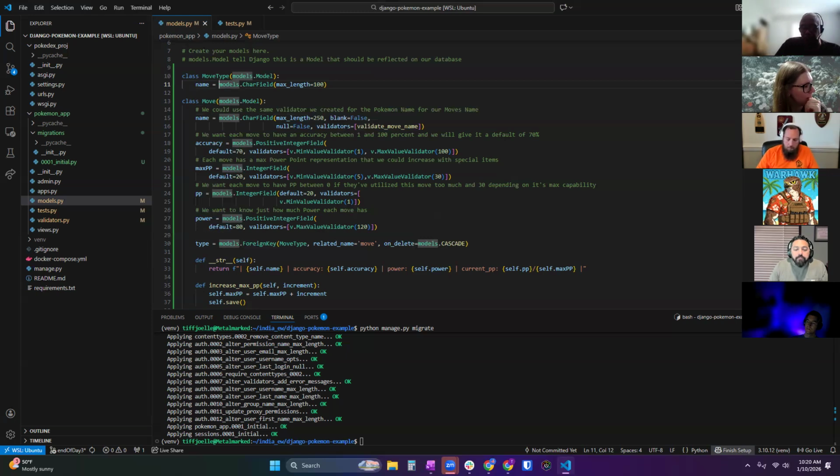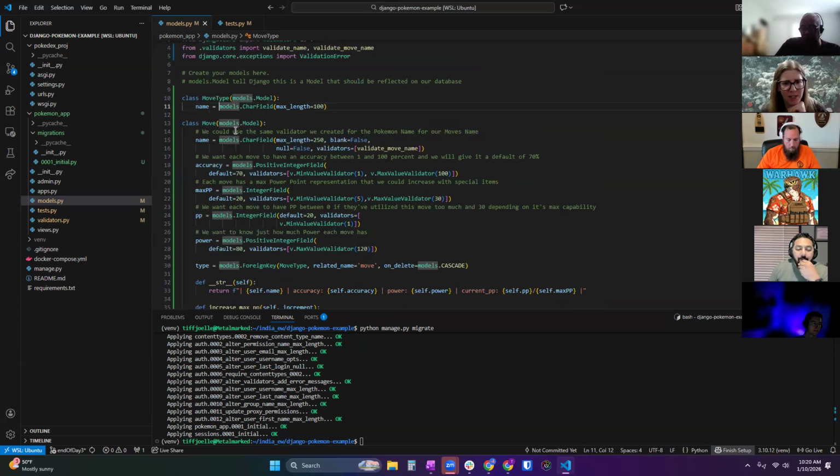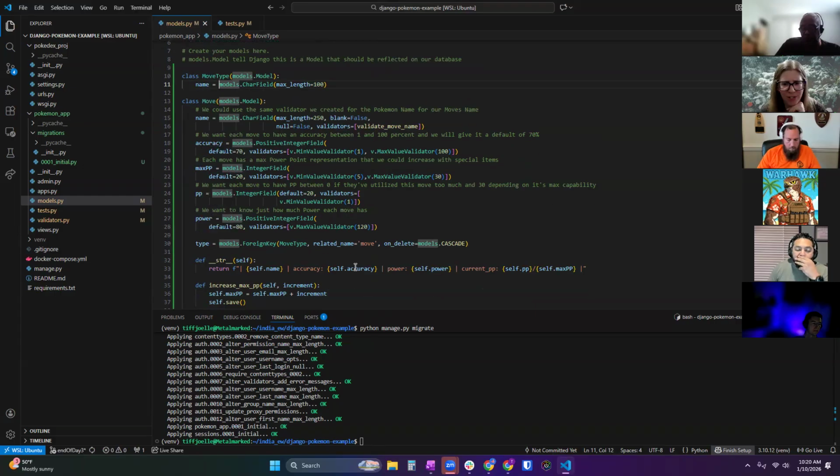And let's see, I'm looking at the documentation here. Okay, now to query from the move type to get all the different moves assigned to it, first you grab the type you want, and then, kind of like we did with our many-to-many, you would do that type dot move, since our related name is move.